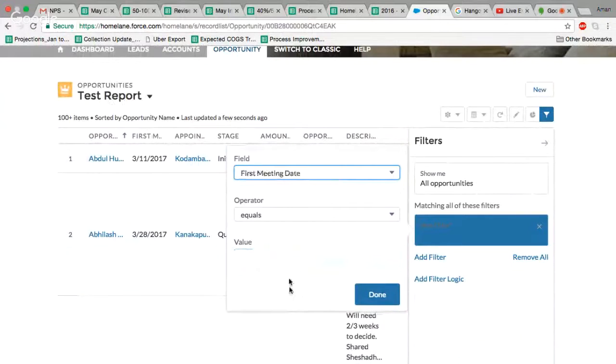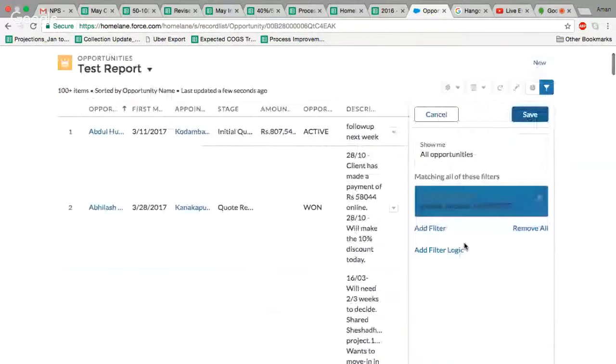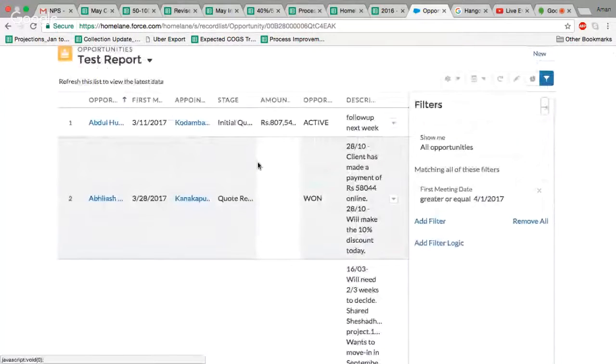I want to see all the customers that I've met probably in the month of April or greater than that. So I'll just write the month first, 04, 01, and 2017. So now I've added one more filter. I press save. Now I'll be able to see all the customers that I've met in the month of April